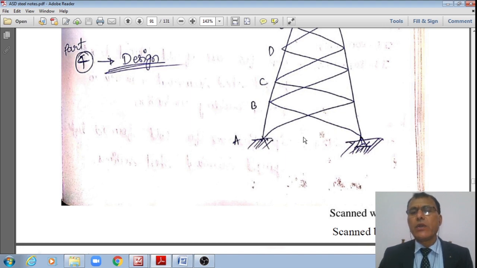Now I know what this length and this height are. Therefore, I'll take tan theta equal to the opposite side over the adjacent side. Therefore, theta is equal to tan inverse, which works out to 57.63 degrees.